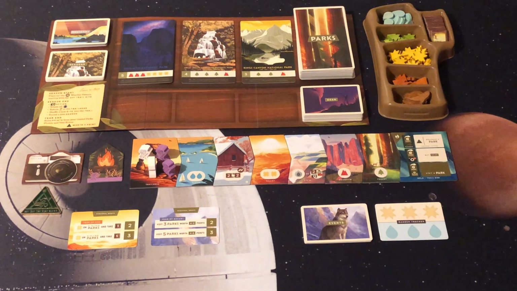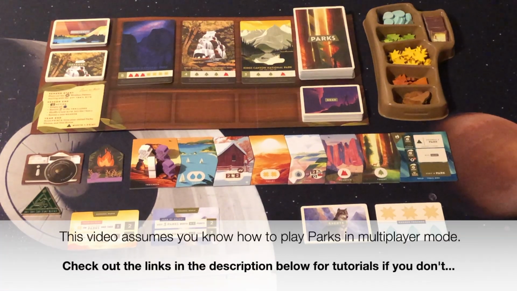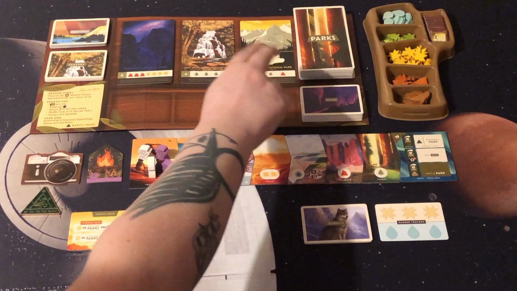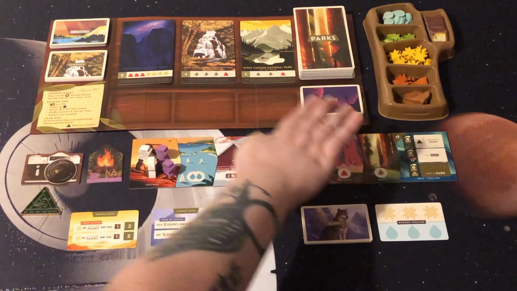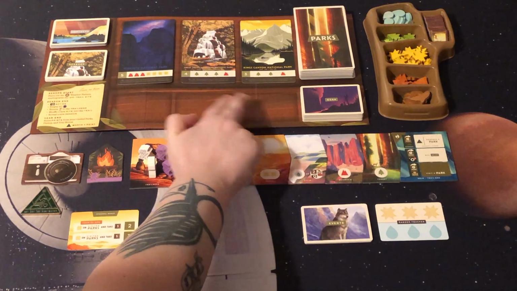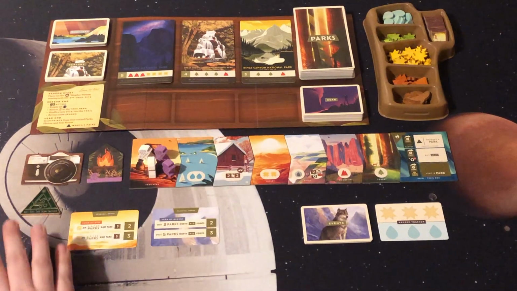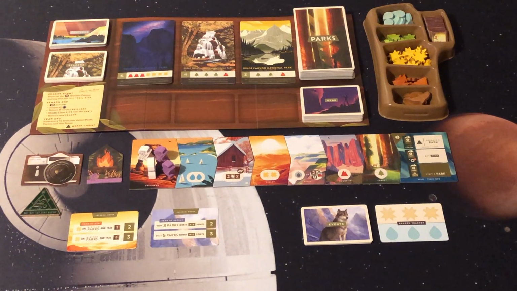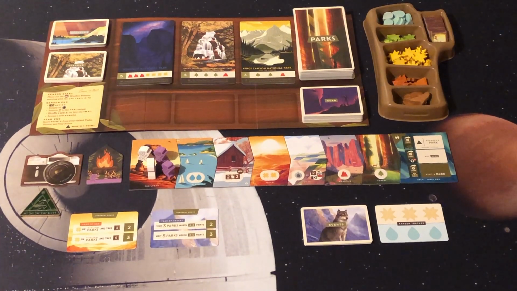So I've already started the setup here. It basically sets up the same way as a multiplayer game. So we've shuffled the parks deck and dealt 3 parks. The gear deck is shuffled, but we don't deal any out, which means at the start of the game on turn 1 there are no gear items available to purchase, but you'll soon see that they fill up later as